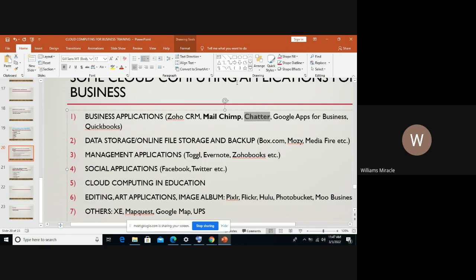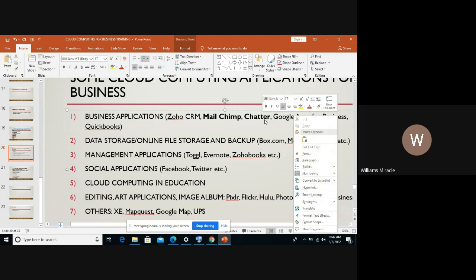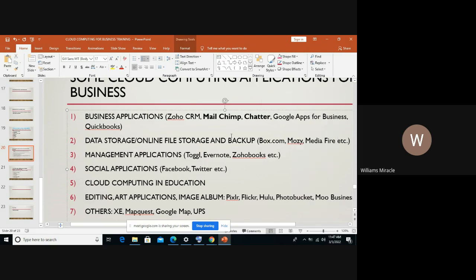Now we have Google Apps for business. We should all know this one, provided you're using your phone very well, not just for Facebooking. You can create a lot of content from this cloud application for your business. For instance, you could create text documents, spreadsheets, presentations. We have Google Docs. It will allow your business to use and share each of these pieces of information in a collaborative manner.